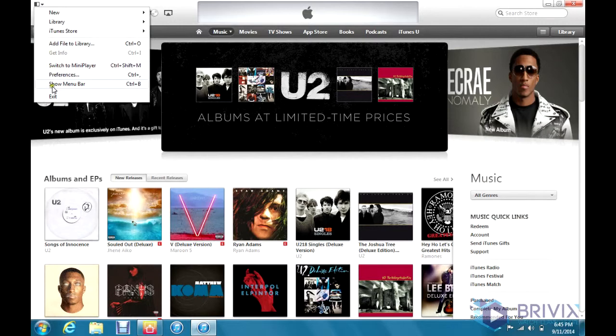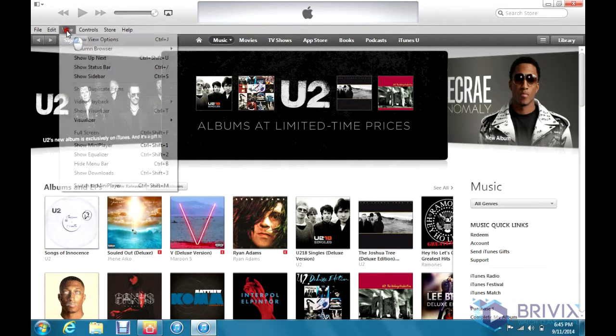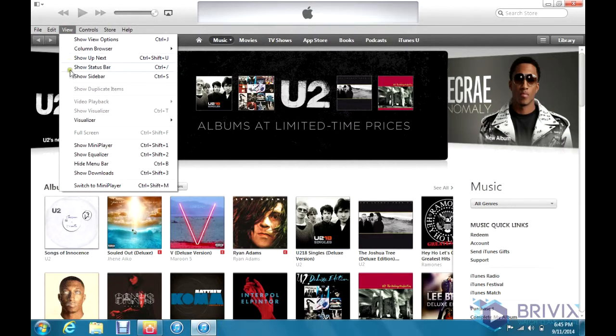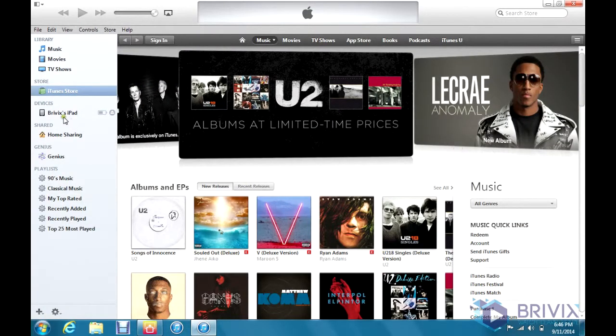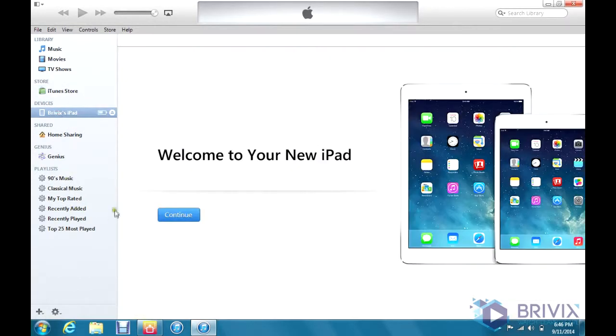Basically, we're going to click on show menu bar here at the top, and then under view we're going to click show sidebar so that we can see our iPad here. And you can see here that it's set up as a new iPad. Before we continue,